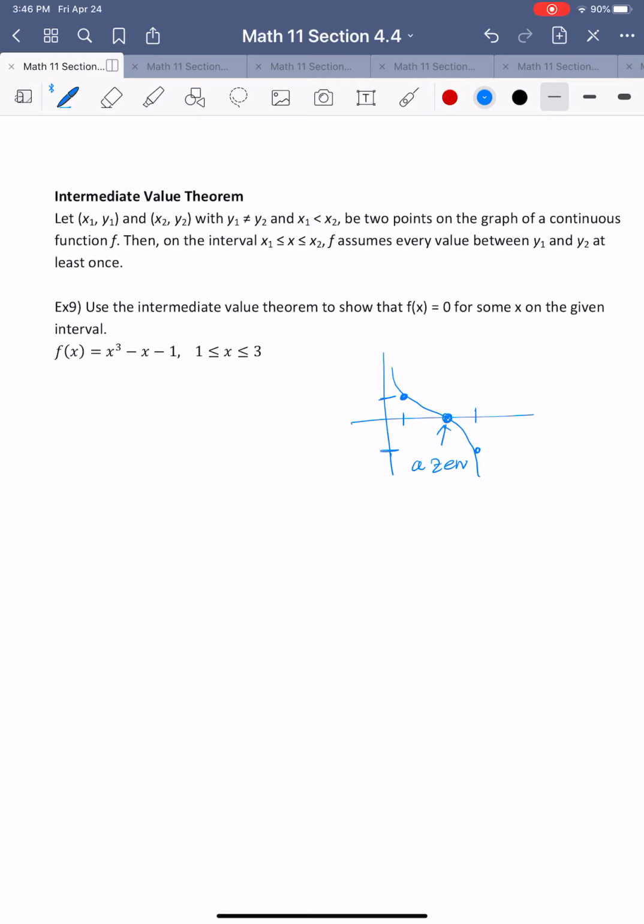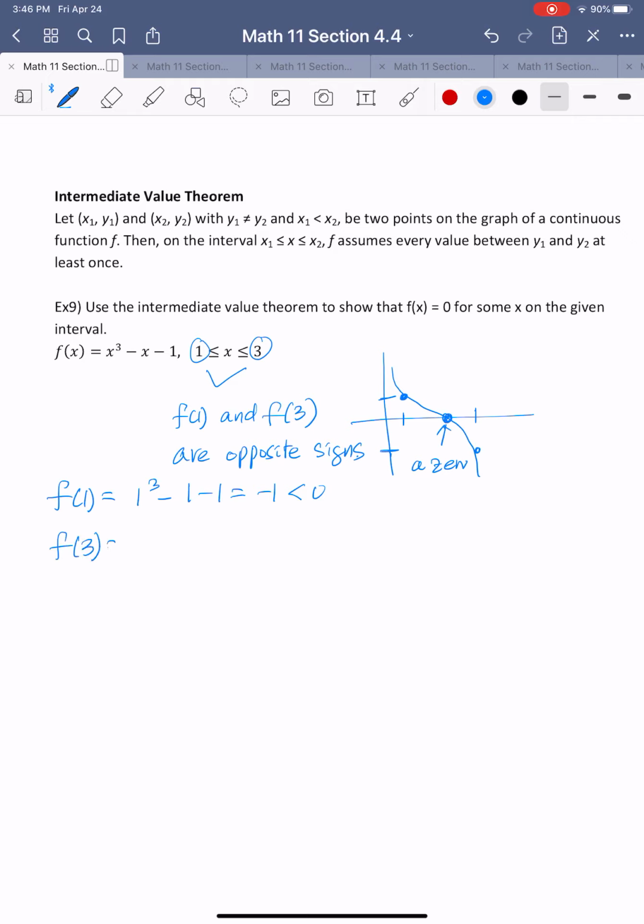So how do you find the zero? When you use two numbers as an interval, if you see that f of 1 and f of 3 have opposite signs, then we can see that there might be a zero. So let's plug it in. f of 1 is 1 cubed minus 1 minus 1, which is negative 1, less than 0. If you plug in 3, 3 cubed minus 3 minus 1 is 27 minus 4, which is 23, a positive. So as you noticed, f of 1 is negative 1 and f of 3 is positive 23. So that means there's some x between 1 and 3 where the graph crosses,